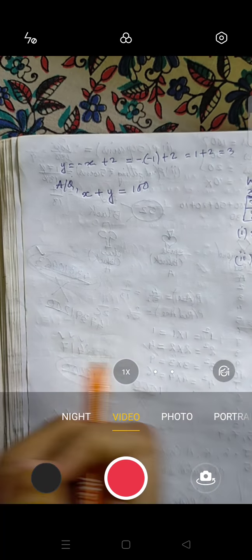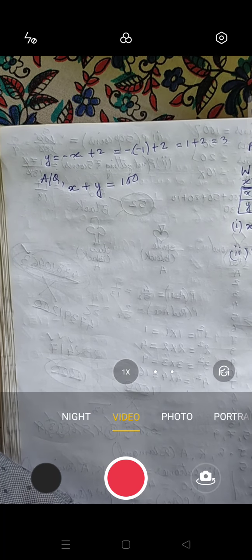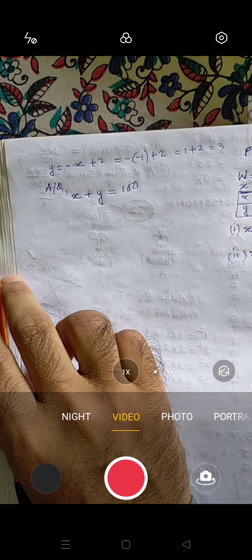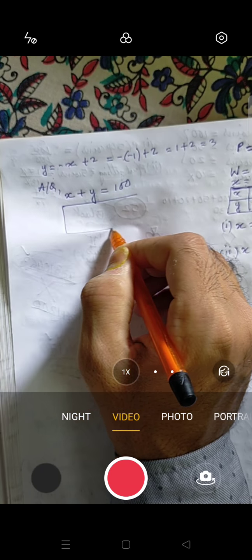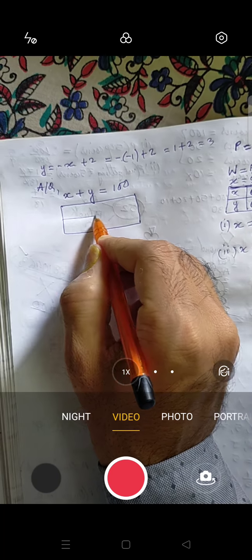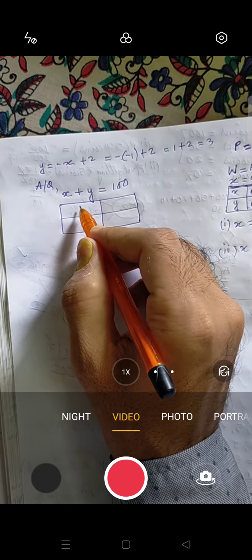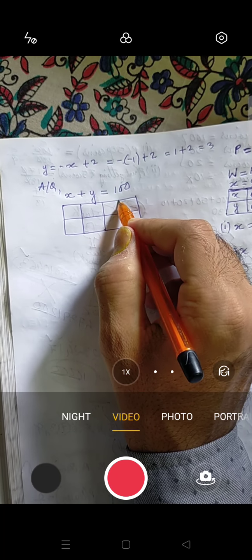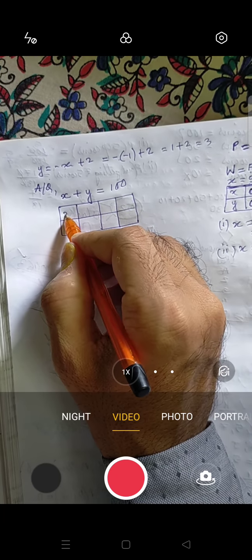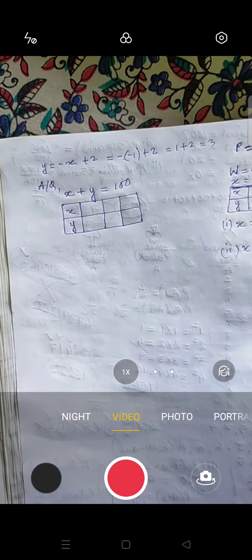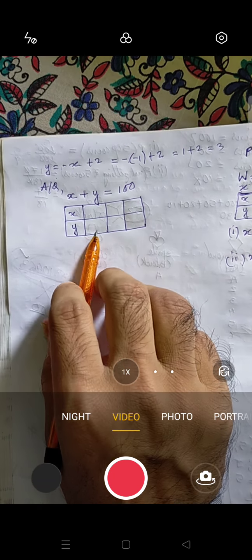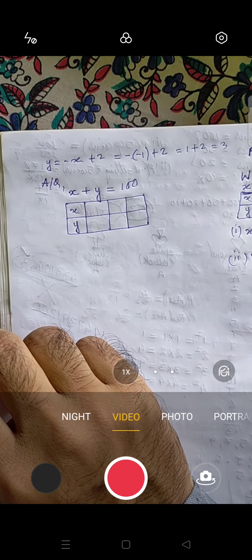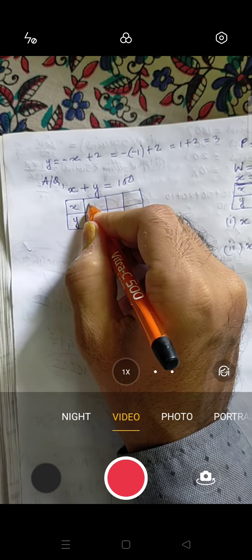Now in the question it is said to draw the graph of the same. For the graph we will be taking 3 coordinates. I told you before also, you will take 3 coordinates. And while taking the coordinates, don't take very big coordinates, and don't take fractions also. So here don't take 0. If you take 0, then it will be 100, so big a number. So I will take x as 50.